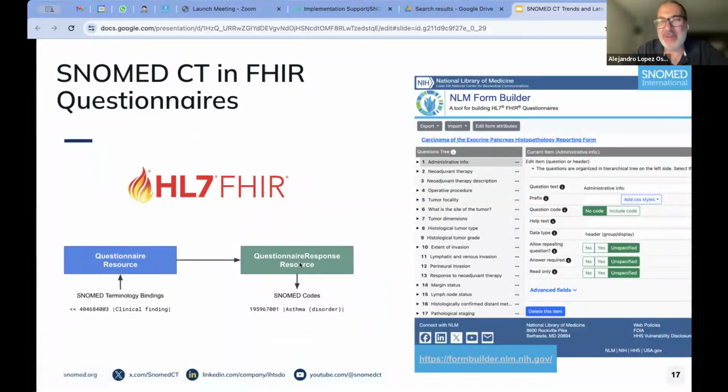And then in the response, you have the actual code selected by the user, in this case, asthma, for example. And the National Library of Medicine created this form builder. Yes, that is a tool that allows you to create complex questionnaires with properties for each question, defining the attributes, the possible values, terminology bindings, and all that. So we worked a lot with different countries that are using this to help them take the best advantage of